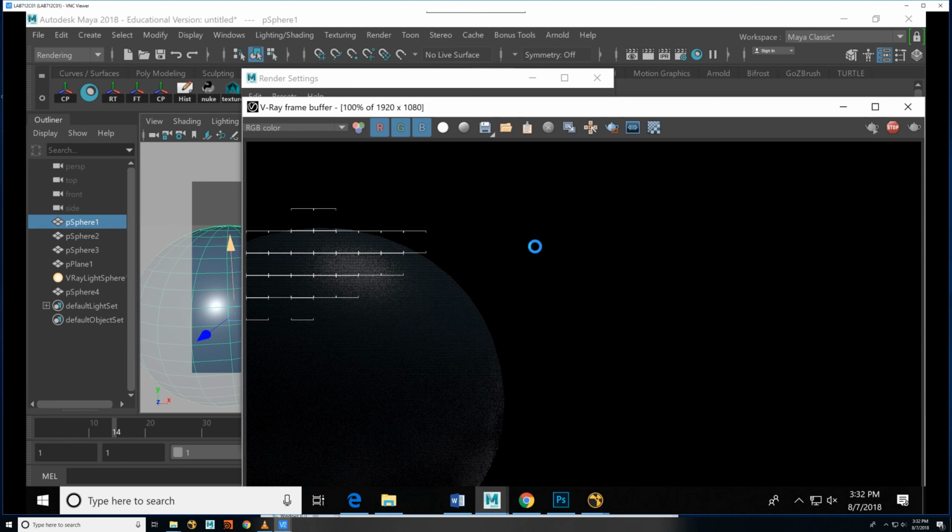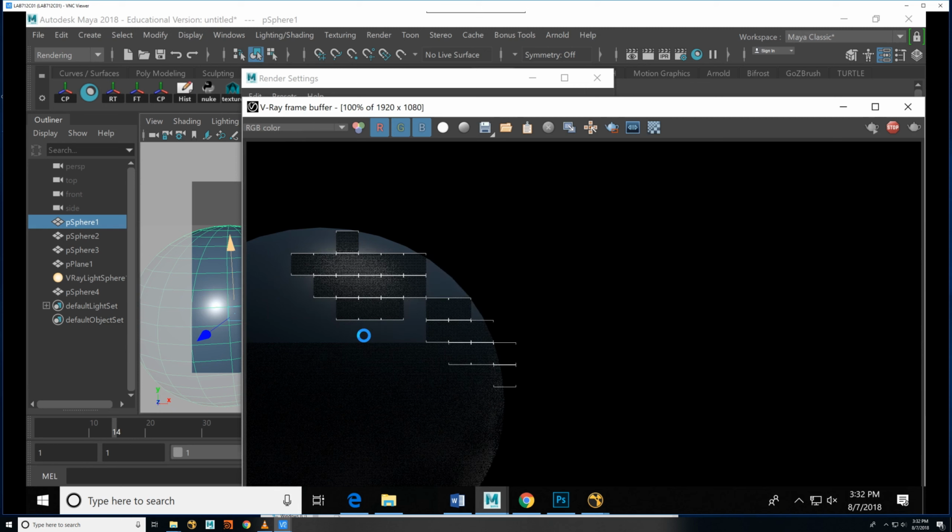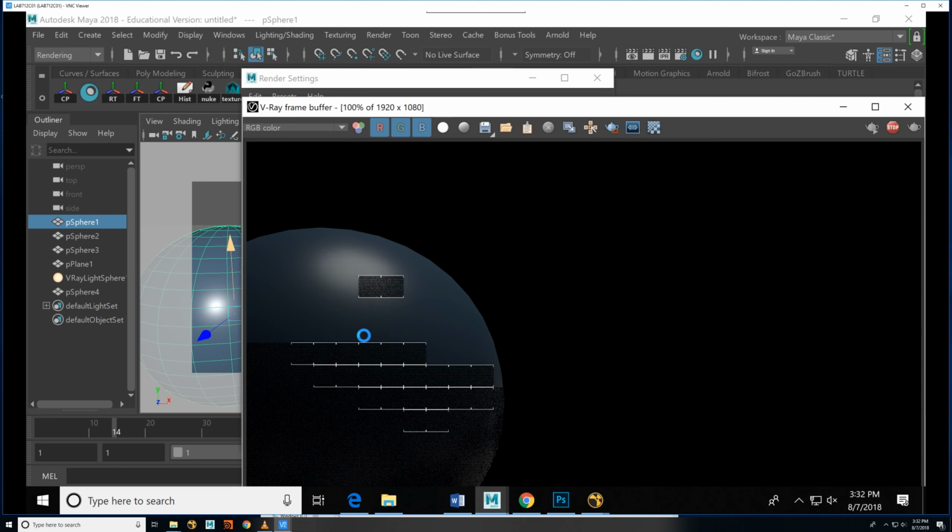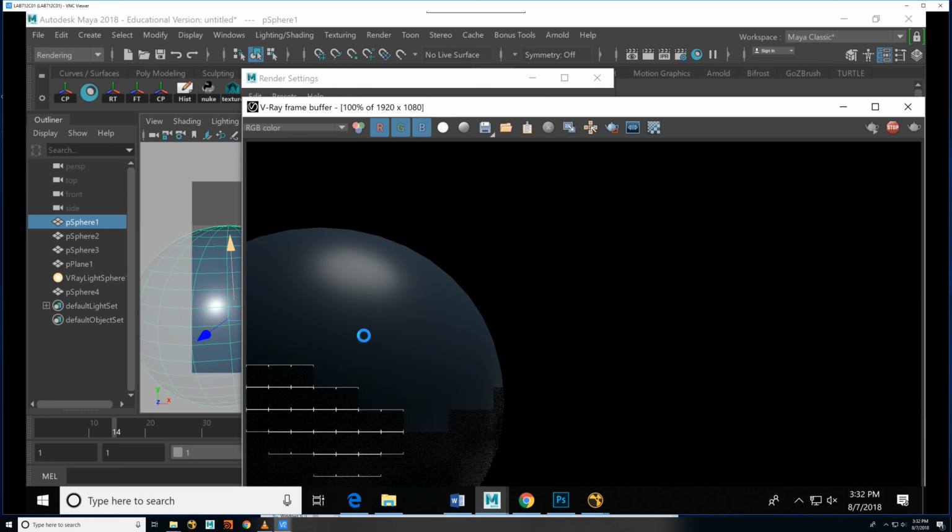Okay, another thing that we have here is our white balance. By default, your white balance is just set to white, and I recommend you just leave it at white. The best way to look at white balance is the temperature of the white values. If you look at this room right now, all of the temperature of this room, for the most part, is yellow. All the lights are